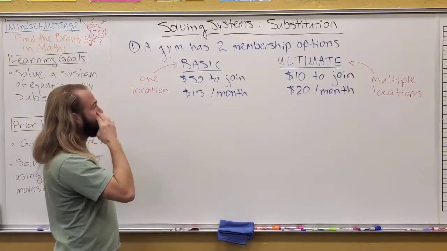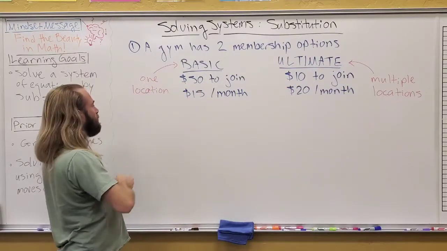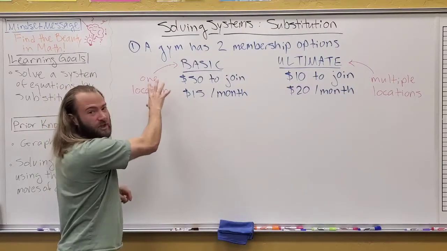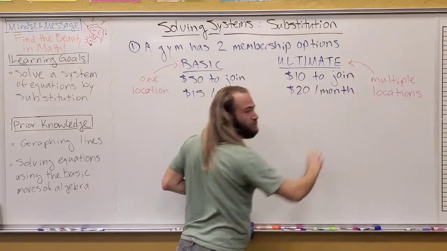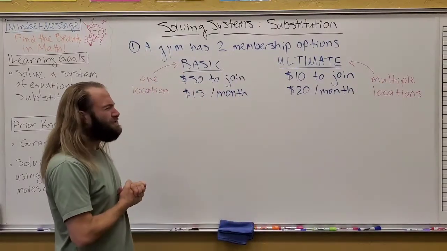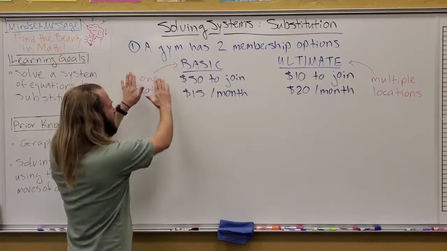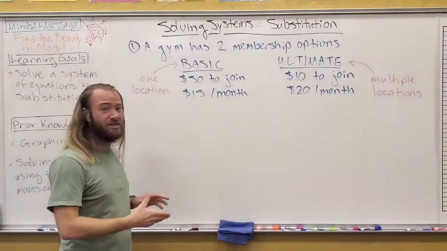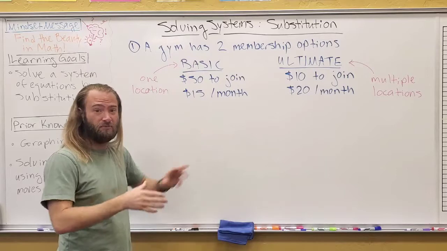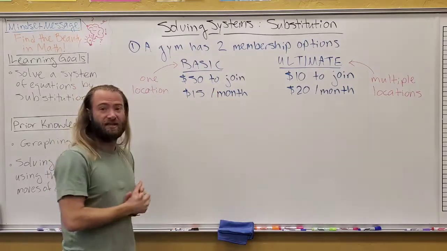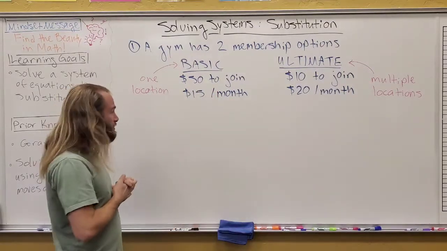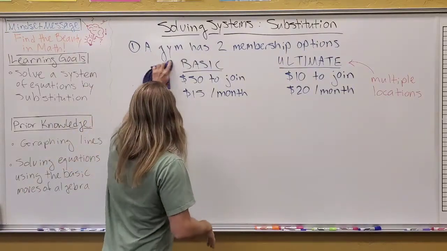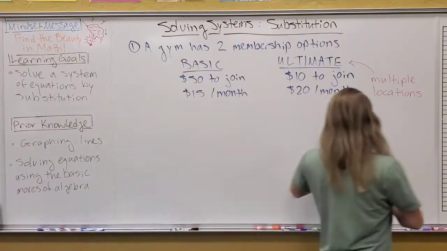Now the only other difference between these two in this problem that we've talked about is that this just gives you access to one gym location and the ultimate gives you multiple gym locations you can visit. So for this problem today, we're going to kind of ignore the location part, which I know that does play into your decision. What if you want to be able to visit multiple gym locations? Then obviously that decides what you want to do. But if we just purely think about cost only, and we just ignore this piece of information,